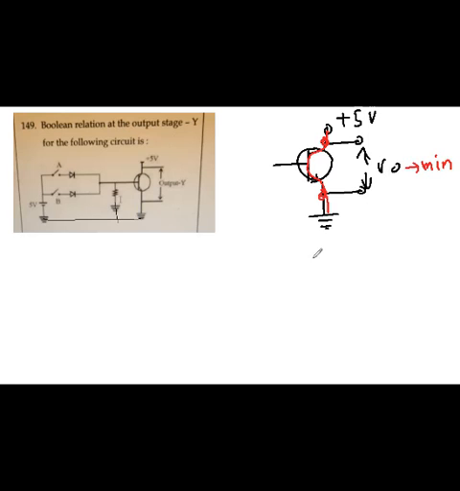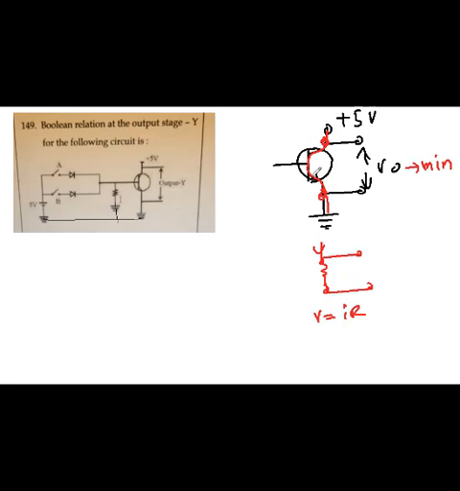What is the logic of this? Think about two points and a very small resistance between them. If you take the voltage across that, we know the voltage is nothing but I into R. And if R is very small, the voltage will also be very small. When a transistor is conducting, the resistance across it is very, very small. That's why the voltage across it will become minimum. So understand that here Y is the output. Y will be minimum when the transistor is conducting.